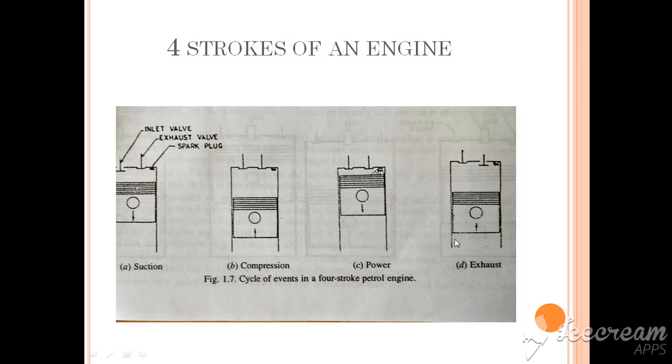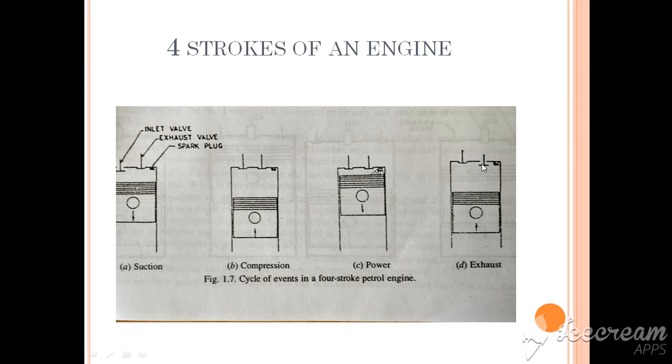Now the last stroke, that is the exhaust stroke, is to throw away the burnt mixture outside the cylinder, so that the next cycle can commence and the charge, that is air fuel mixture, can be sucked. In a petrol engine air and fuel both are sucked, whereas in a diesel engine, in the suction stroke only the air is sucked. That should be clear. So in the exhaust stroke, the piston moves from BDC to the TDC, and whatever exhaust gases are there, burnt gases are there, they are thrown out.